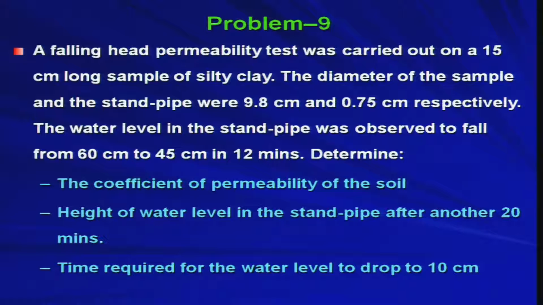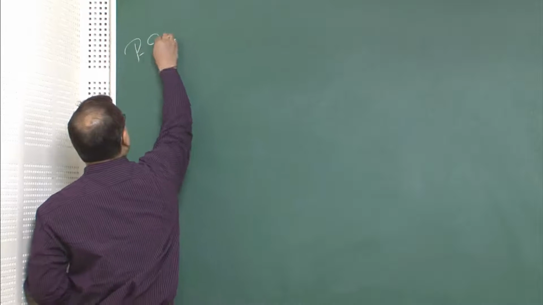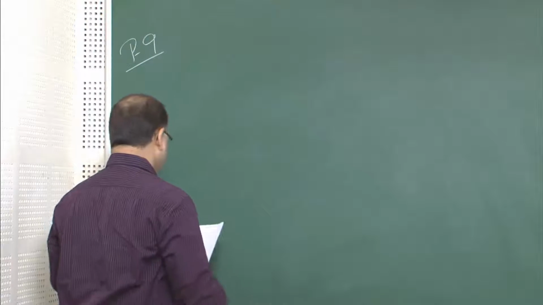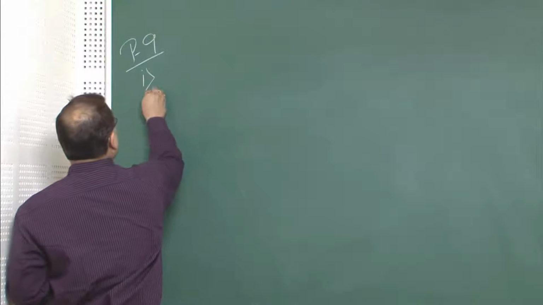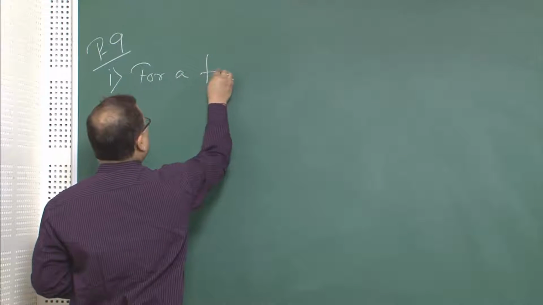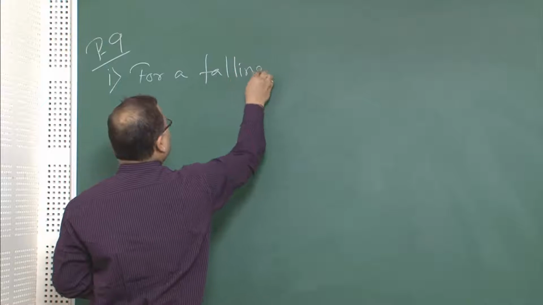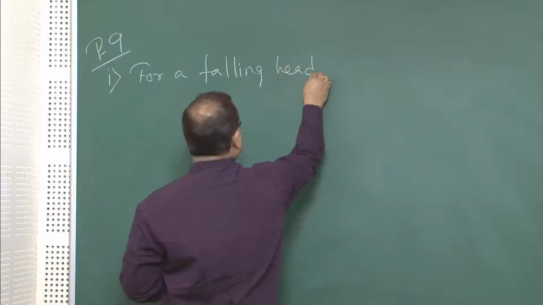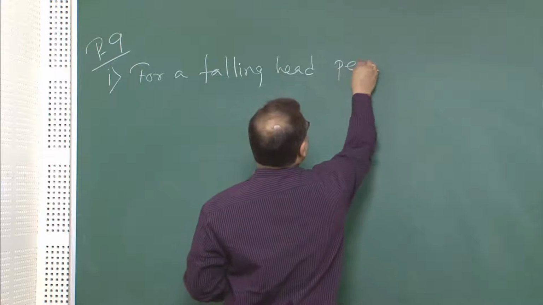So, this problem is basically based on the theory which we have covered in the falling head permeability laboratory test. So, let us solve this problem. We will go to the problem directly. So, this is your problem 9. Now, for a falling head permeability test,